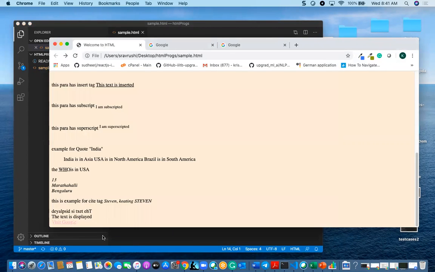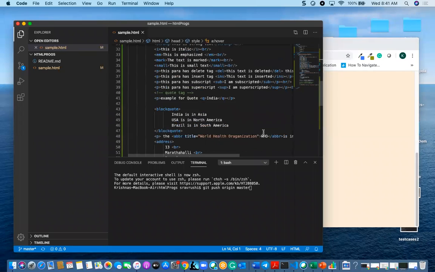See, initially it is blue, and once it is hovered, it will become red, and once it is visited, it's already visited, that's why it is pink. If you see, yeah. Okay, got this point.